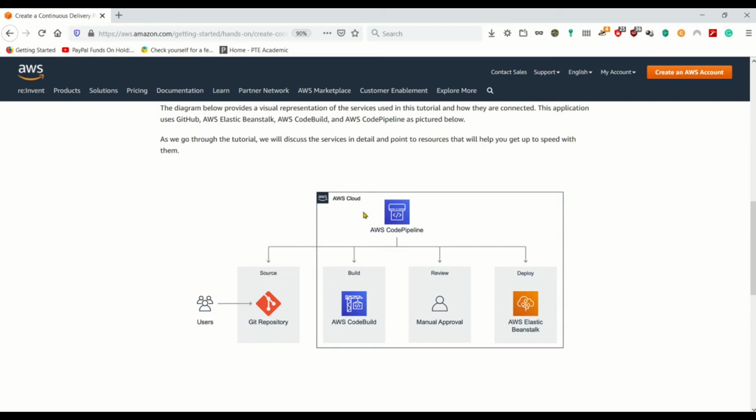Then we're going to make an AWS pipeline, which works more like taking multiple parts and putting them together to come up with an outcome. Then you have CodeBuild, and you will be working to make a production ready